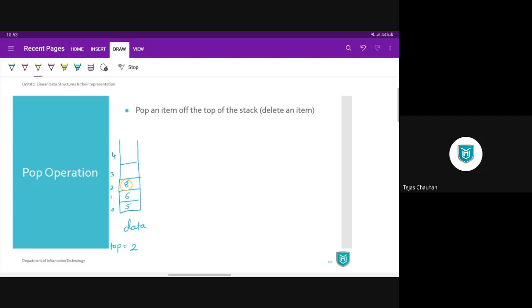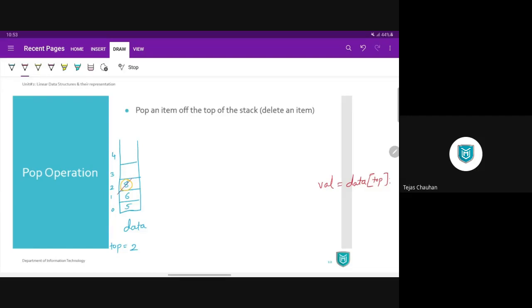So how do we delete? To delete a value from the stack, we first take the value from the topmost index. We take the value from our data array and the index will be top. So what value will you have? Data of top. Data of 2 is what? 8 here, and we are going to remove that 8.